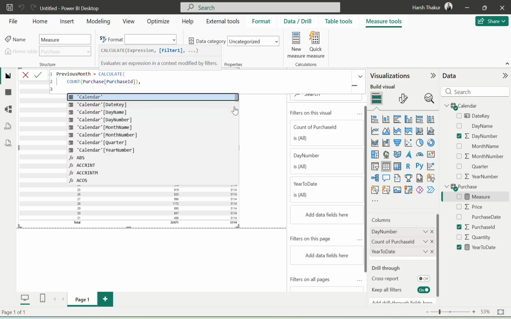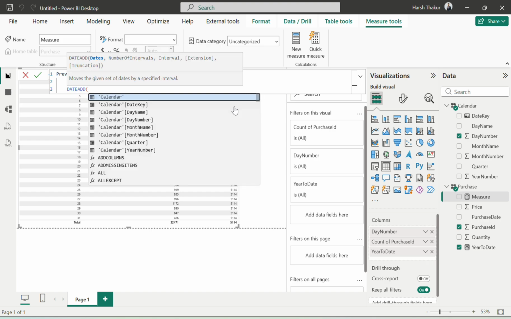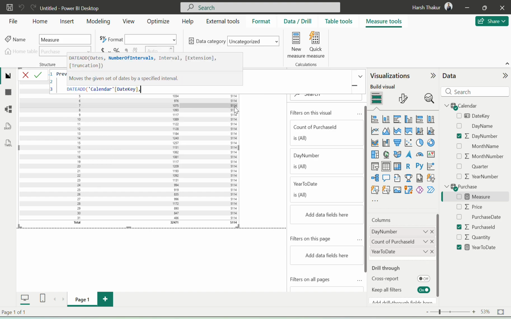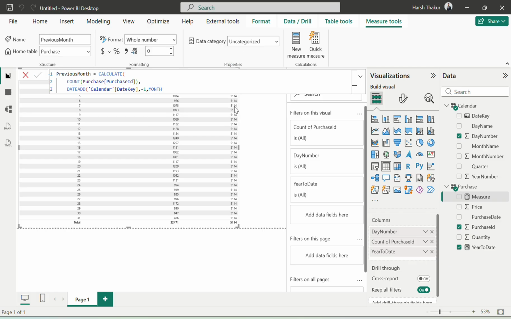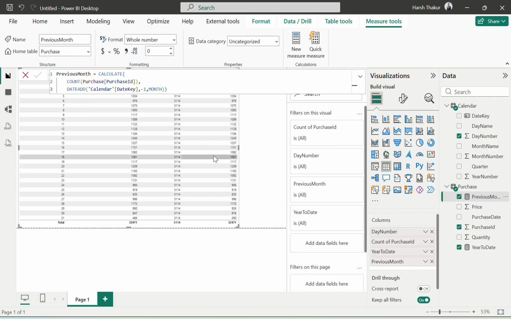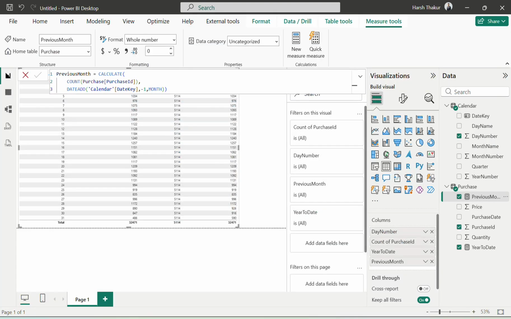And then we will be using filter as the DATEADD on the dates and -1 from months. And if I click enter, then you will see that now I'm getting some values here. If we compare this with this,